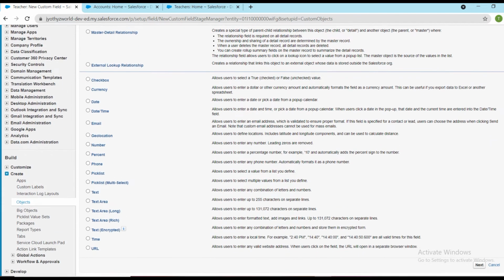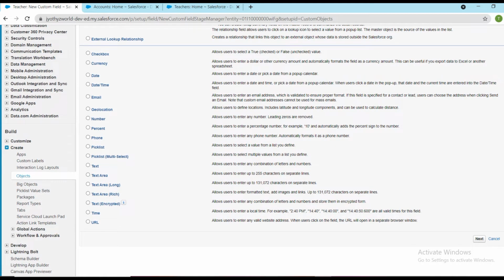And a checkbox is something like a true or false boolean value. Currency will be auto formatted, and it will provide some standard validations as well.